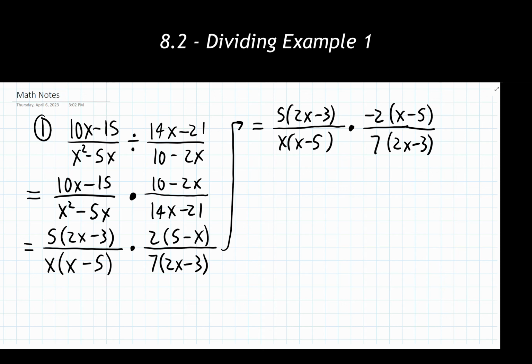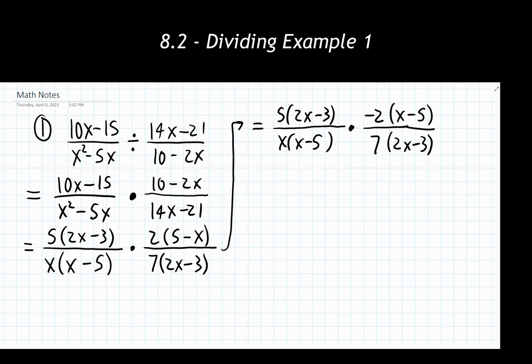It's not something that is particularly obvious, but it is something that we need to be on the lookout for, because that is something that we can factor out and cancel out in these processes. And you will lose points if you are not doing that. So be on the lookout for it. It pays to take your time and go through these a little bit slowly to see that, I think.